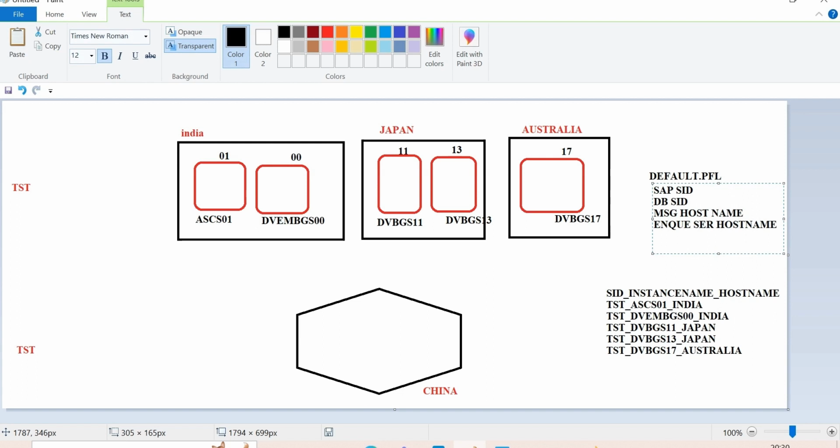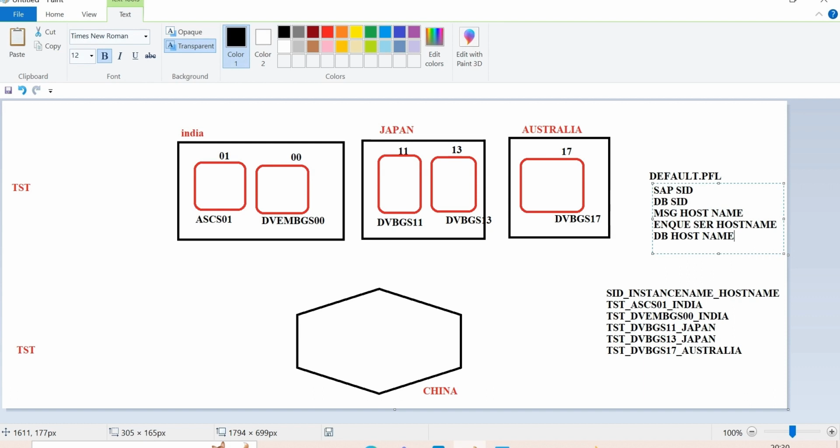So this is the common information, right? SAP SID, DB SID, and the database host name. What is the database host for all? China. This is common for all these application servers. The common information is what is present in your default profile.